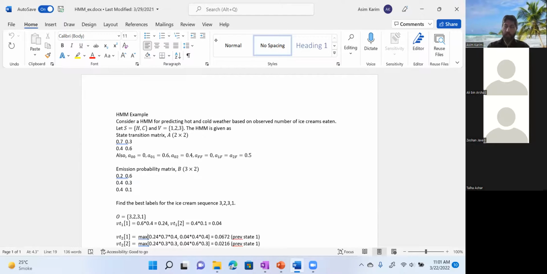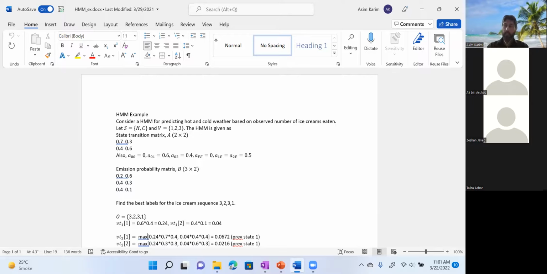अब फर्स्ट सेल क्या है, हॉट है। सेकंड सेल नीचे वाला कोल्ड होता है, ऊपर वाला हॉट है। अब हम दोनों ऑप्शंस देखेंगे, प्रीवियस हॉट से इस हॉट पे आ रहे हैं, या प्रीवियस कोल्ड से इस हॉट पे आ रहे हैं। 2 ऑप्शंस होंगे हमारे पास। और हमको पता है कि इस सेकंड डे में इसने कितनी आइसक्रीम खाई, 2। तो वहां से वो इमिशन प्रोबेबिलिटी आ जाएगी। और स्टेट कहाँ से आएगी कि पीछे से आप देखेंगे एक ऑप्शन हॉट से हॉट पे जा रहा है, या दूसरा ऑप्शन कोल्ड से हॉट पे जा रहा है। दोनों ऑप्शन देखें, जिससे जो मैक्सिमम आएगा वो हम यहाँ लिख लेंगे, और एक पॉइंटर भी लगा देंगे कहाँ से ये मैक्सिमम आया।